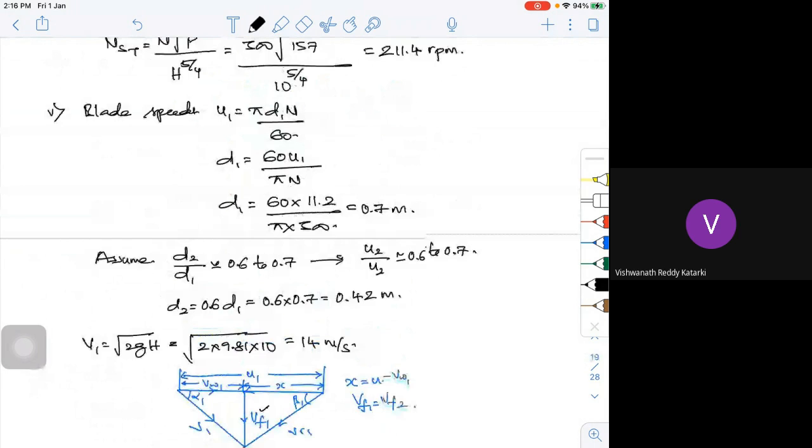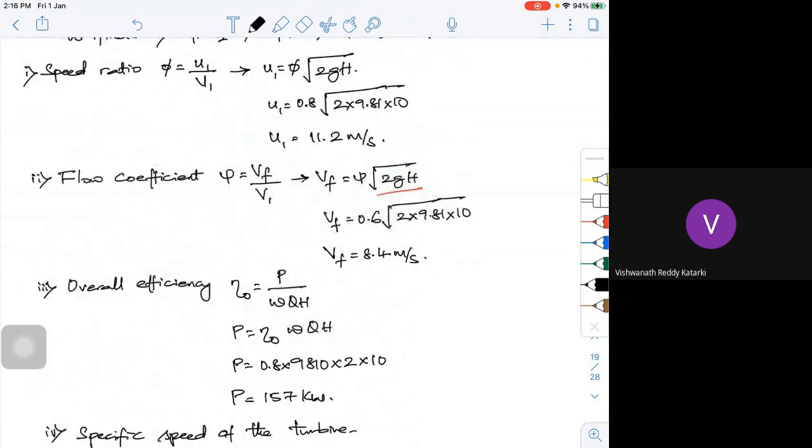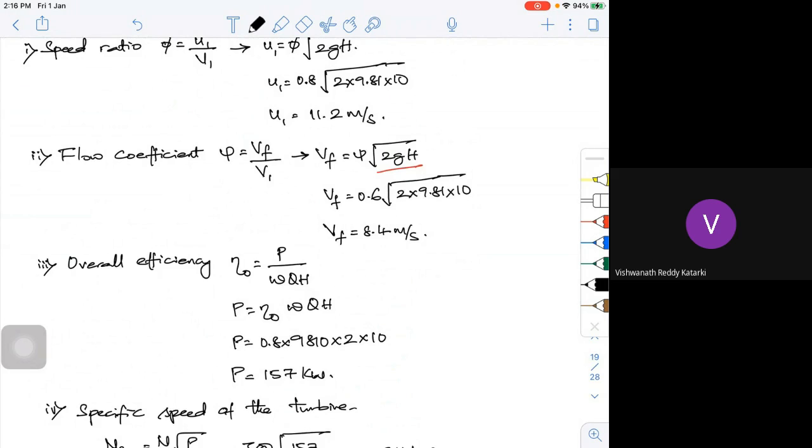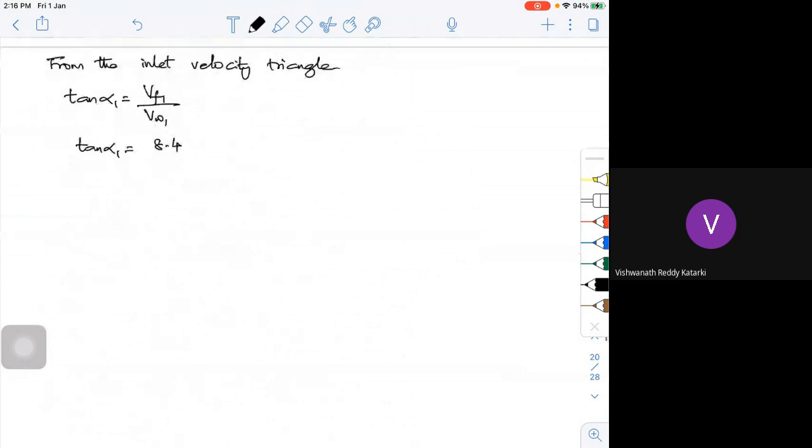From the inlet velocity triangle, tan alpha 1 is equal to VF1 divided by VW1. So tan alpha 1 is equal to VF1, which is 8.4. If you go back and see everything we have calculated, VF1 is 8.4, and VF1 and VF2 are both the same. And VW1 we have just found, it's around 7.45. So I am going to substitute that: alpha 1 is equal to tan inverse of 8.4 divided by 7.45. If I do that, I am getting my alpha 1 as